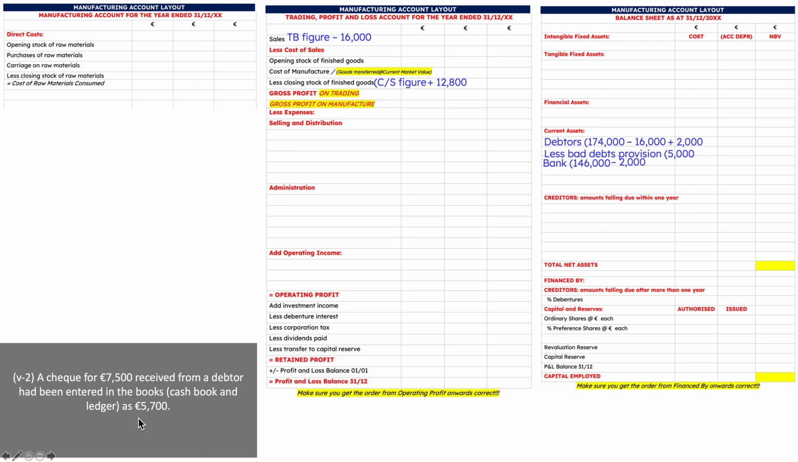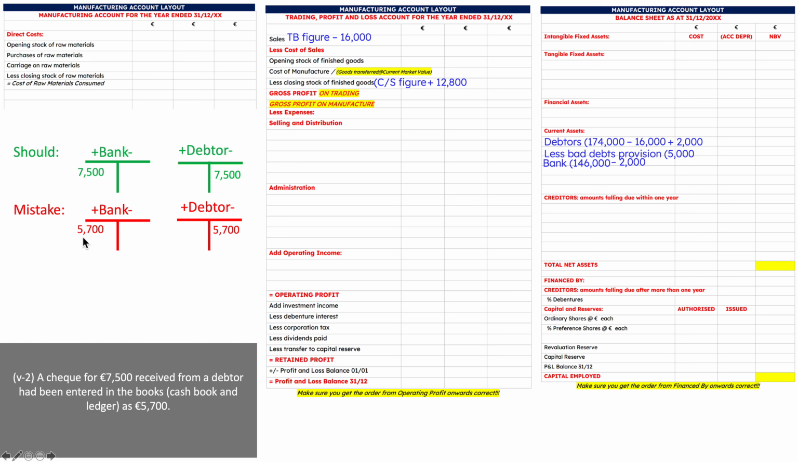the books, cash book and ledger, as 5,700. So this is what the bookkeeper should have done. The bookkeeper should have had 7,500 coming into the bank and 7,500 going out of the debtor account. So we should have minused 7,500 from the debtor, and we should have put 7,500 into the bank. What they did by mistake was 5,700 into the bank instead of 7,500, and 5,700 coming out of the debtor instead of 7,500. So to fix that then, we would need to add another 1,800 to the debit side of